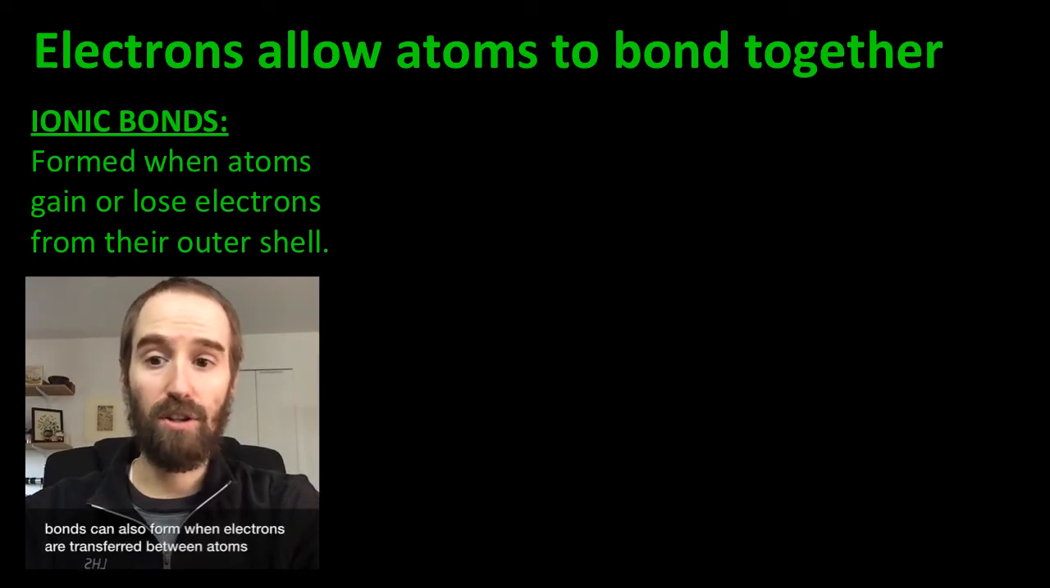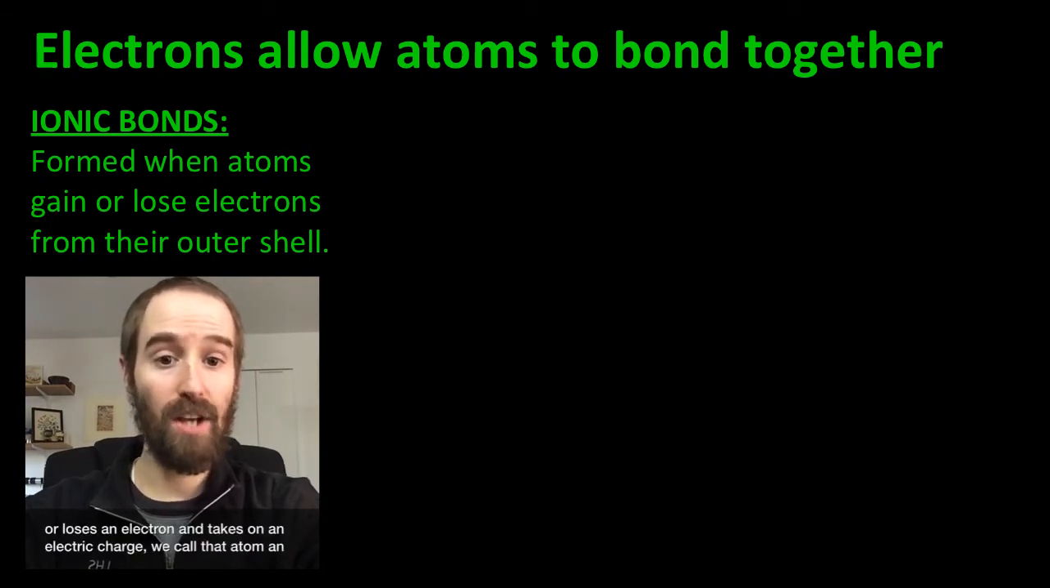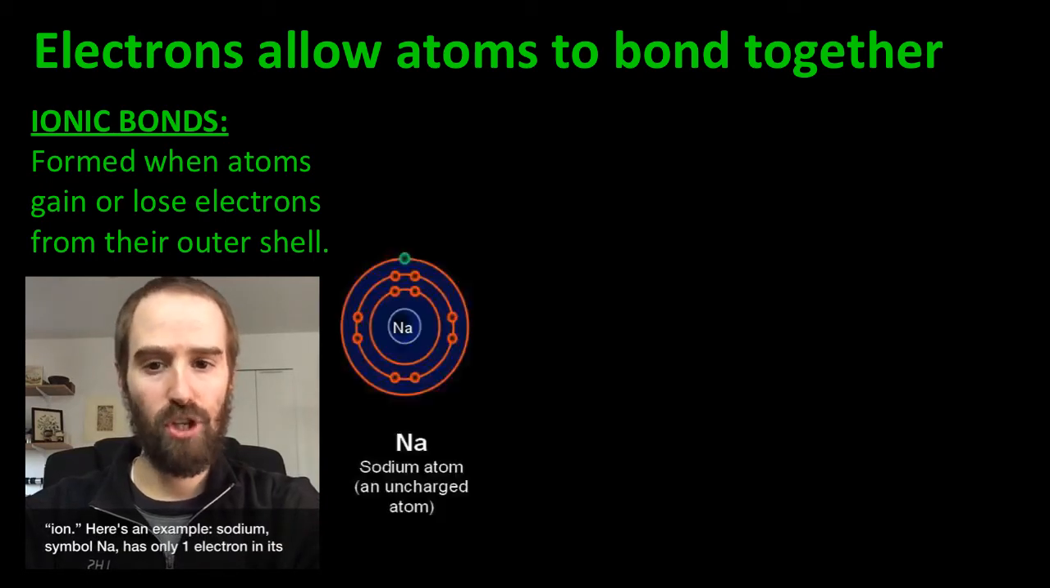Atomic bonds can also form when electrons are transferred between atoms instead of shared. We call these ionic bonds because when an atom gains or loses an electron and takes on an electric charge, we call that atom an ion. Here's an example. Sodium, symbol Na,